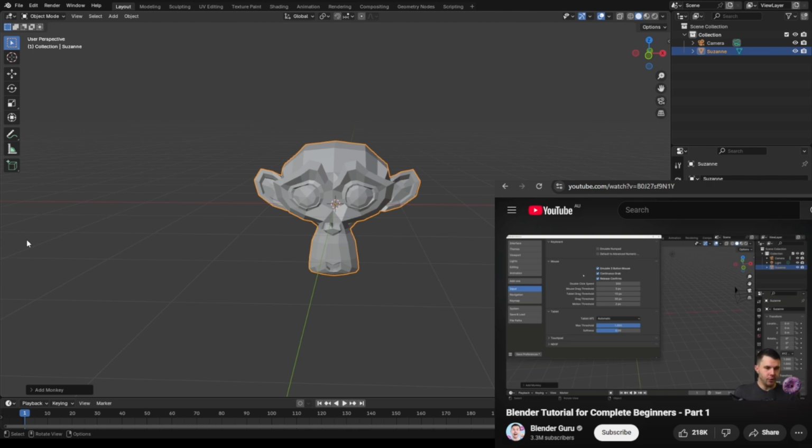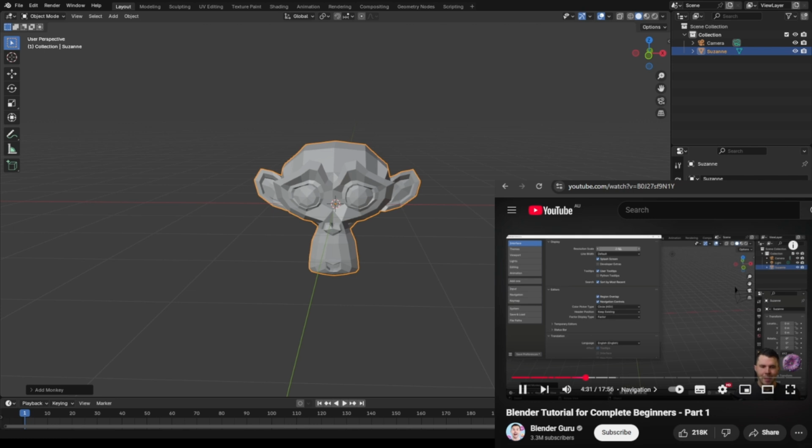Also, whilst you are in user preferences, you might want to go to Interface and you've got Resolution Scale. If you're on a